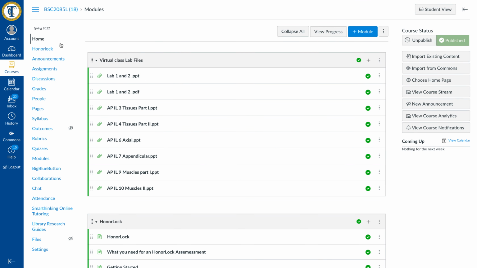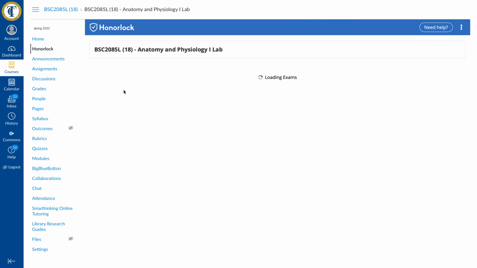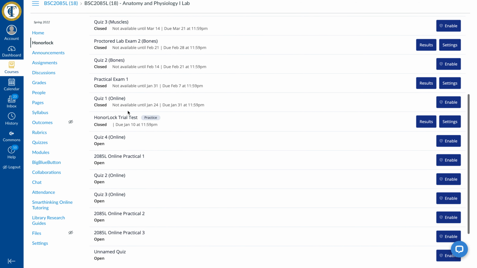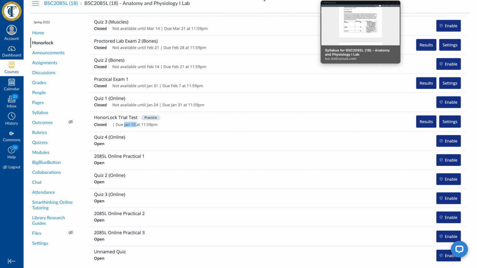Also, another thing here that I will be considering to check your attendance for the course is going to be the trial test. It was due on January 10th, but I will extend this due date for you until the end of this weekend. All right, so this is going to be modified for me to be able to check your attendance and course participation for the financial aid purposes.